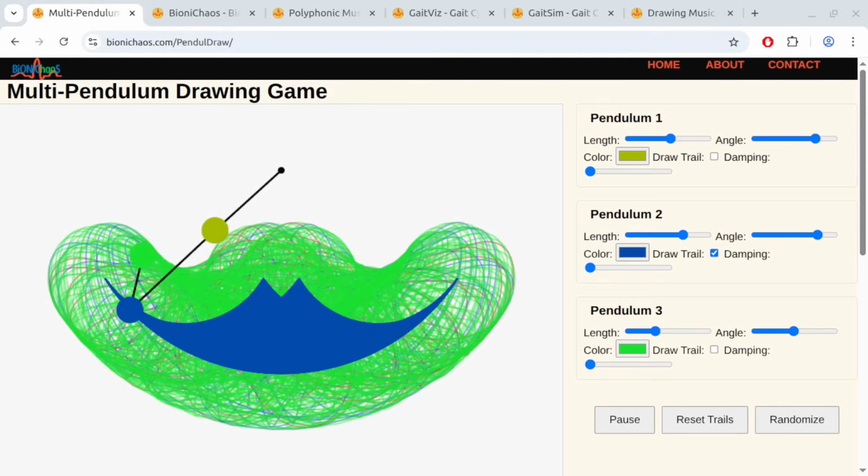I see a web page titled Multi-Pendulum Drawing Game. On the left, there's a dynamic drawing created by a multi-pendulum system, and on the right are controls for adjusting the length, angle, and damping of 3 pendulums, along with options for color and drawing trails. There are also buttons for pause, reset. Okay, how would you add audio functionality to this